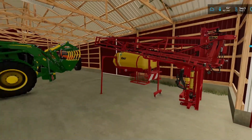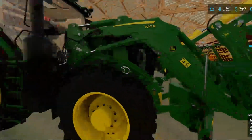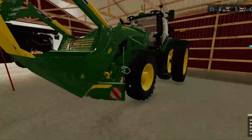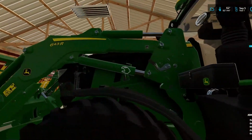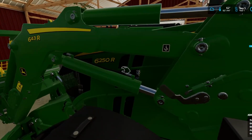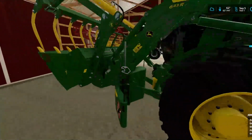And our tractors. So this is our newest addition to the fleet. It's kind of decked out a little crazy. I forget exactly what it is. Let's see here. What does that say? 6250R. And we have it decked out with this